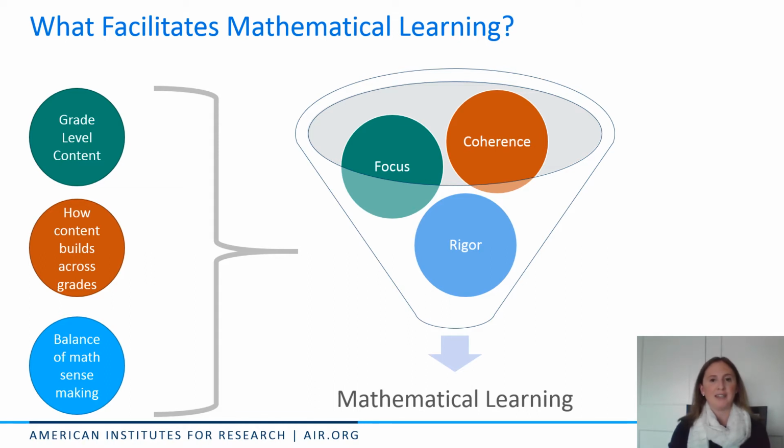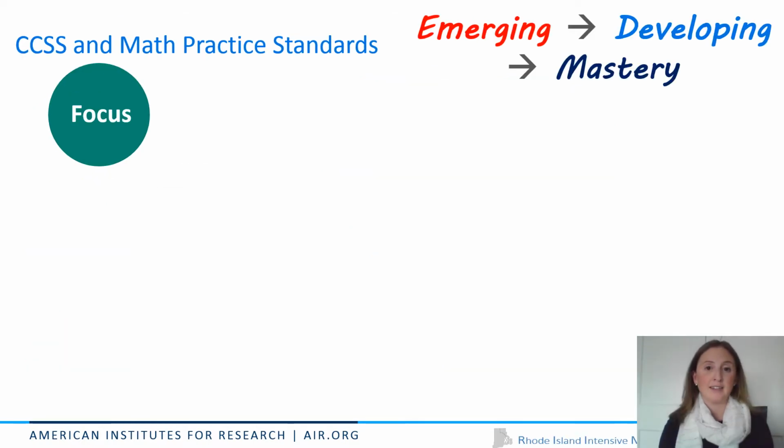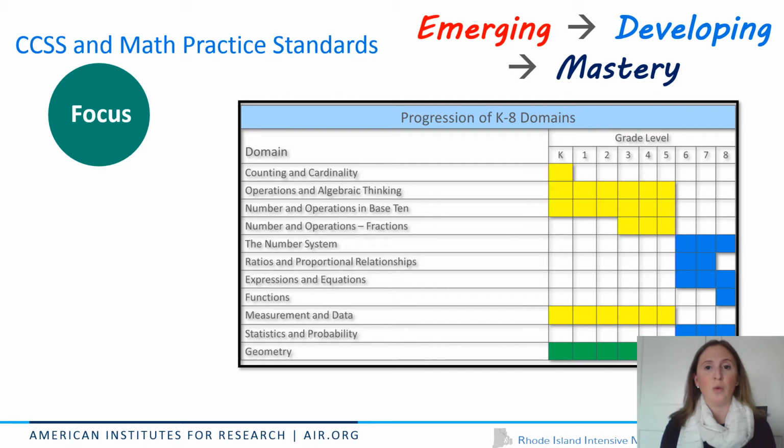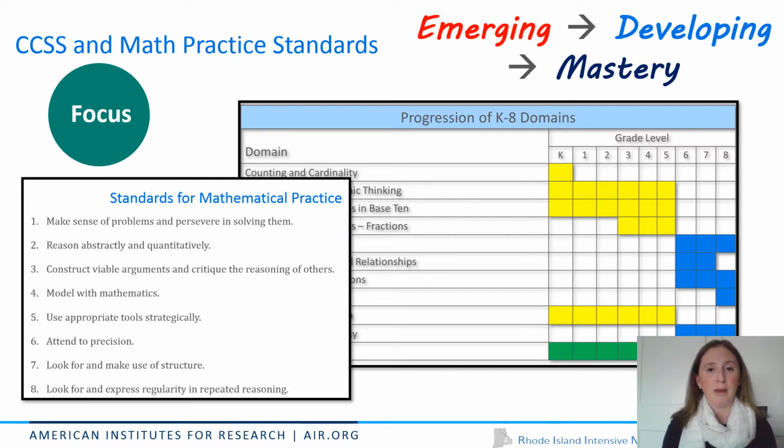Its foundation is in the individual classroom. For a more in-depth description around focus, coherence, and rigor, see our first module, Features of Core Part 1, where we discuss how the content and practice standards build across the grade levels. The content standards outline the skills and concepts students are expected to learn at each grade level. We need to know where students came from and where they are going in order to know how to support them to get there. We also need to consider the standards for mathematical